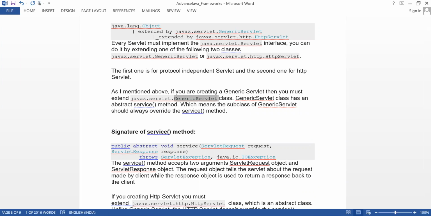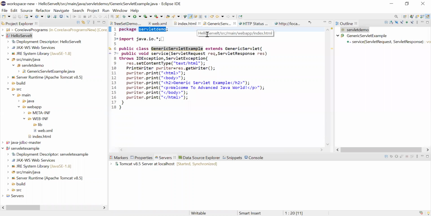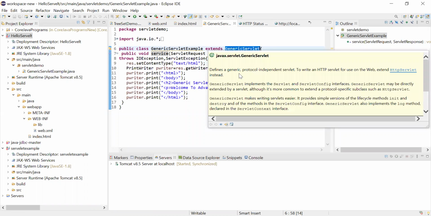That's already coded here. I'll explain everything. Just see this. I have used the generic servlet class here, extends. So what is generic servlet class here? See this.